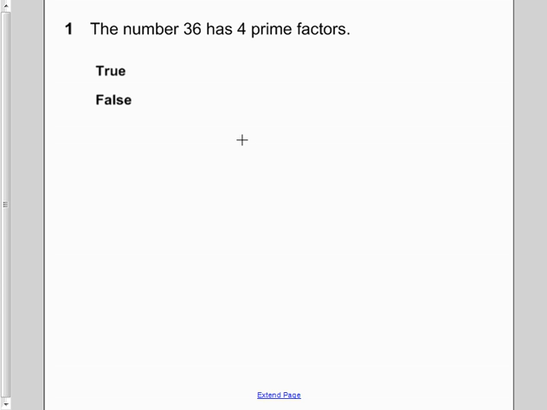Okay, question 1 is a true-false question. It says the number 36 has 4 prime factors. Well, in order for me to solve this question, I have to actually use prime factorization to find the answer to the question. So 36 is a number that has